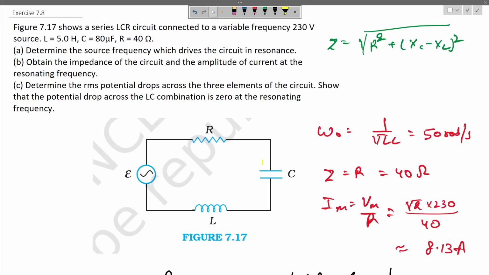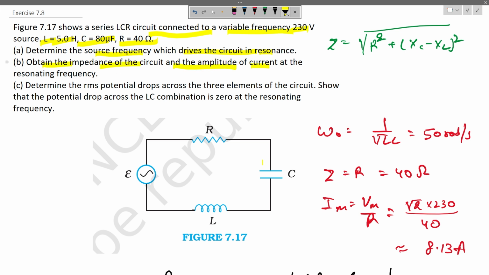The question says figure 7.17 shows a series LCR circuit connected to a variable frequency 230 volt source, where inductance is 5 Henry, capacitance is 80 microfarad and resistance is 40 ohm. We have to determine the source frequency which drives the circuit in resonance, obtain the impedance of the circuit and